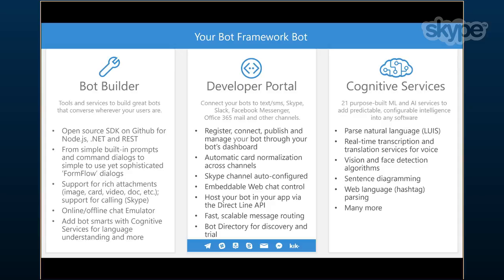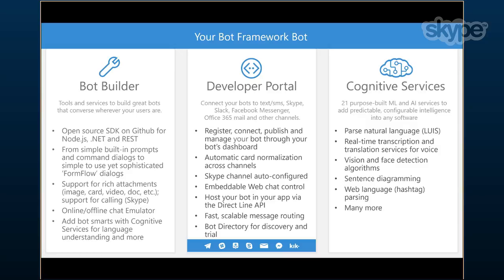We also have a web chat control that you can drop onto web pages that you can light up for your bot as well. And using something called the direct line channel, you can directly embed your bot conversation model into any application on any platform. So if you wanted to write an iOS app or an Android app or a Windows Store app or a WinForms app or a console app that talk to a bot that you've developed, you can use the direct line channel to do that.